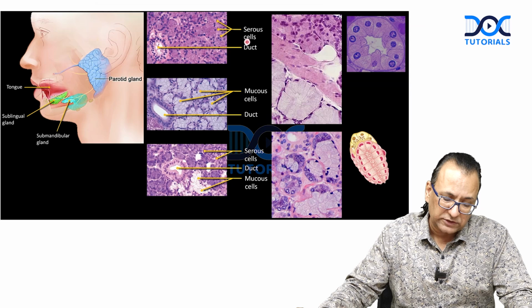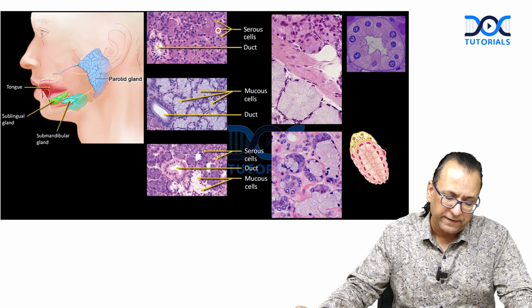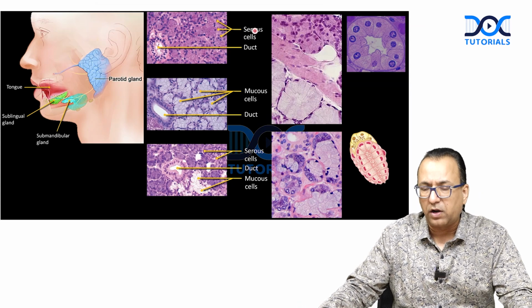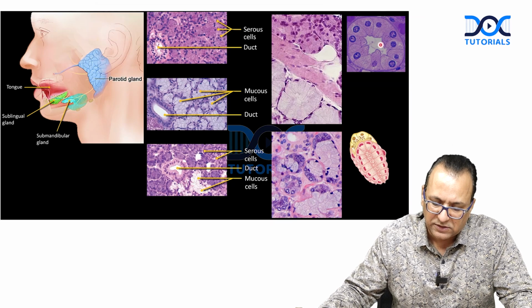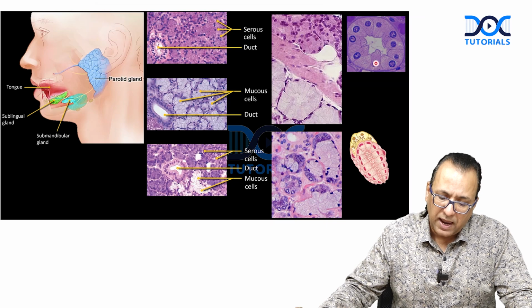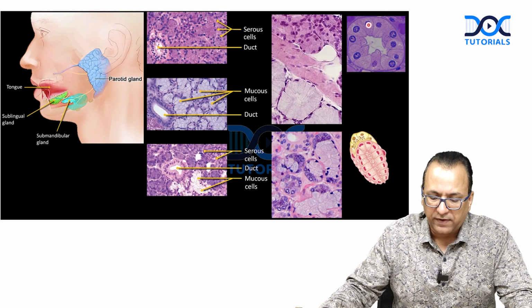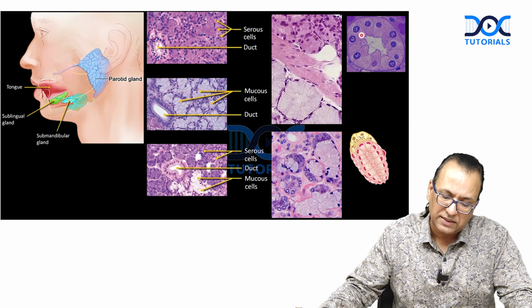You will see they are serous cells and the epithelium is appearing like cuboidal. You see central spherical nucleus. Height of the cell is equal to breadth of the cell. This is the lumen here. So the epithelium of the gland appears with central spherical nucleus, cuboidal type of cells, and they take more